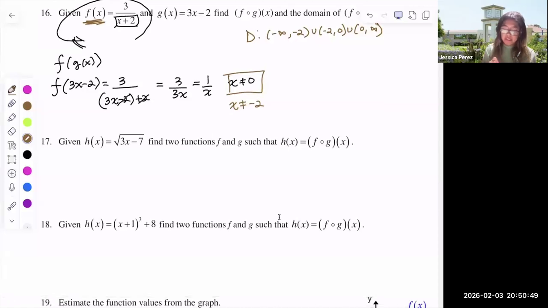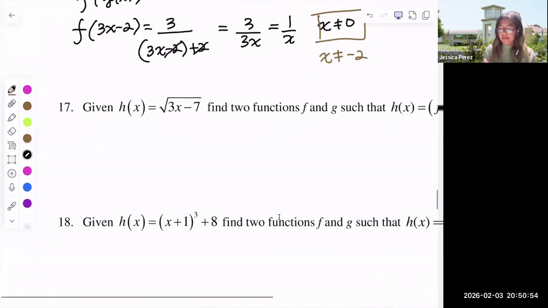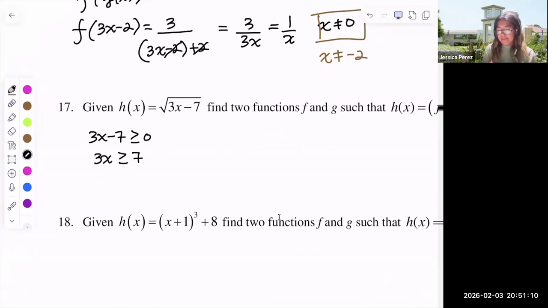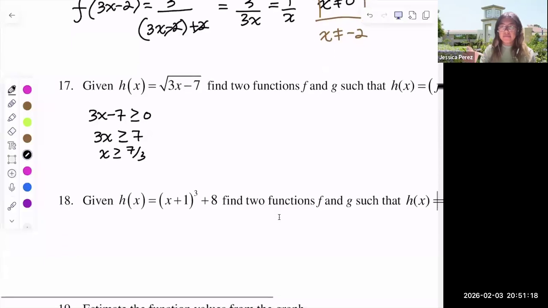Now, when we have number 17, well, h itself has a restriction. Remember, the inside of a root, 3x minus 7, has to be greater than or equal to 0. So if we evaluate it, 3x is greater than or equal to 7. x should be greater than or equal to 7 over 3. So then the domain of at least h is that the value of x should be greater than or equal to